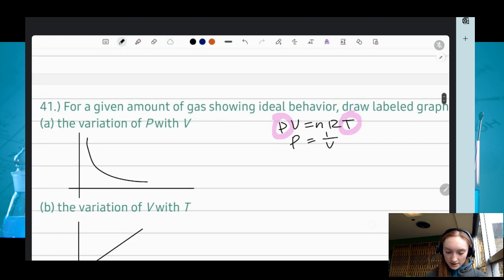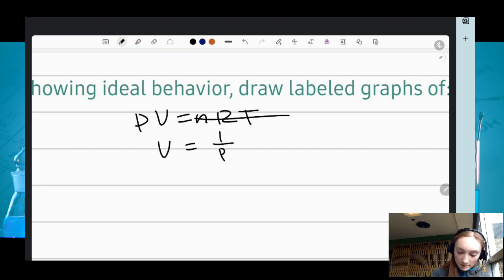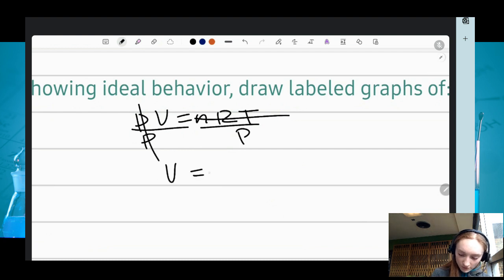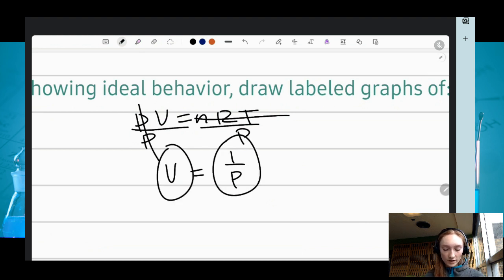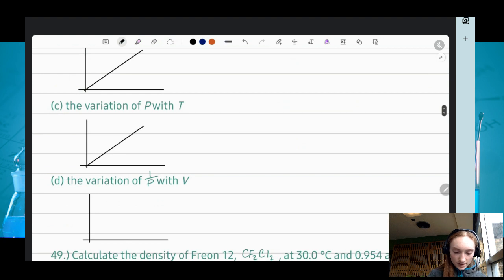As we already saw in this equation, if we have just P and V to isolate it, forget about nRT, it would just be V equals 1 over P, because if we divide both sides by P, for example, that's going to cross out, leaving volume and 1 over P. So if we are already working with the inverse of P, that's what we want to find for the graph, this is directly proportional now. So now we will get the same thing that we got for the last two. It is also going to be linear because it is directly proportional to one another. So now let's work on